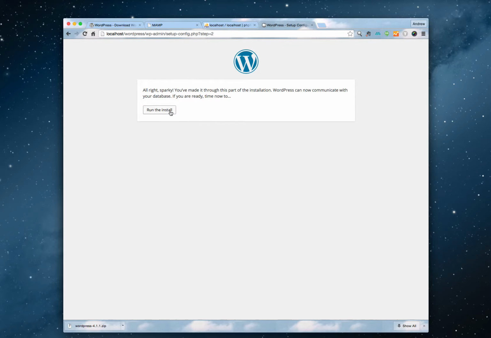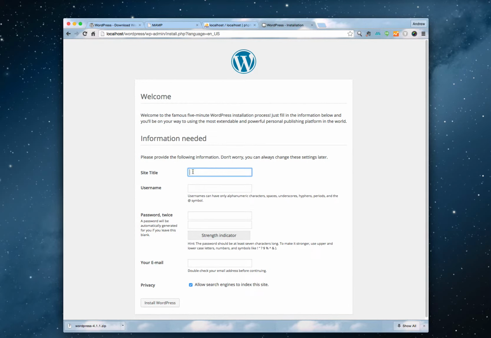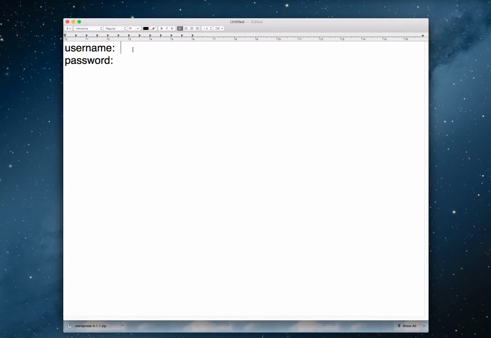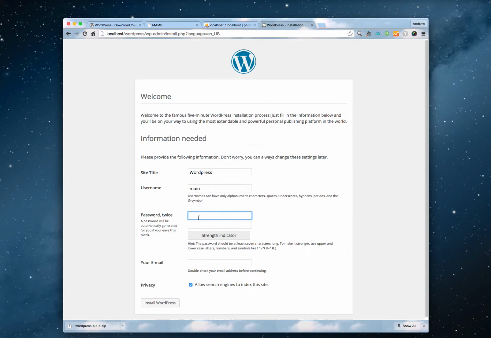Now let's run the install. At this point, we're going to be asked to create a site title. Let's call it WordPress. A username, let's call it main, and a password. At this point, I'm going to go over to my text editor and just write this down for safekeeping. I'll create a password. Something really hard, right? So what I'll do is I will go ahead and just paste this in,